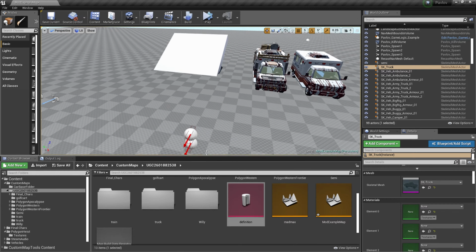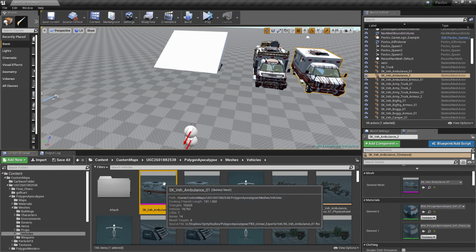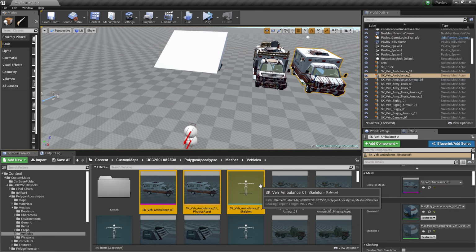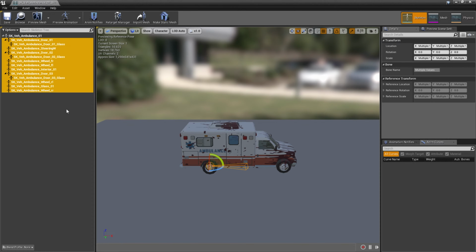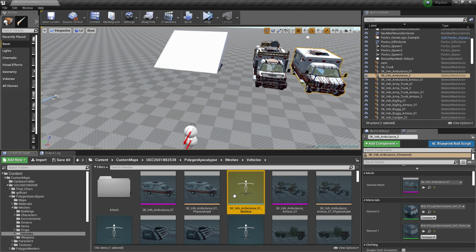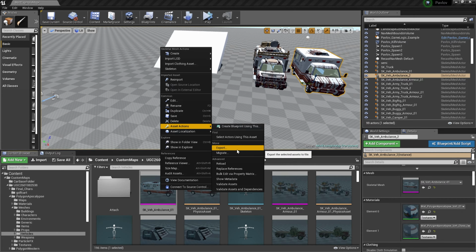So first things first, we have to figure out what we're doing. I have this ambulance I got from Cinti Studios, and so we're going to start with this. The current bones in the ambulance are not what Pavlov recognizes. So this is the first thing that we're going to have to fix. So I'm going to export this